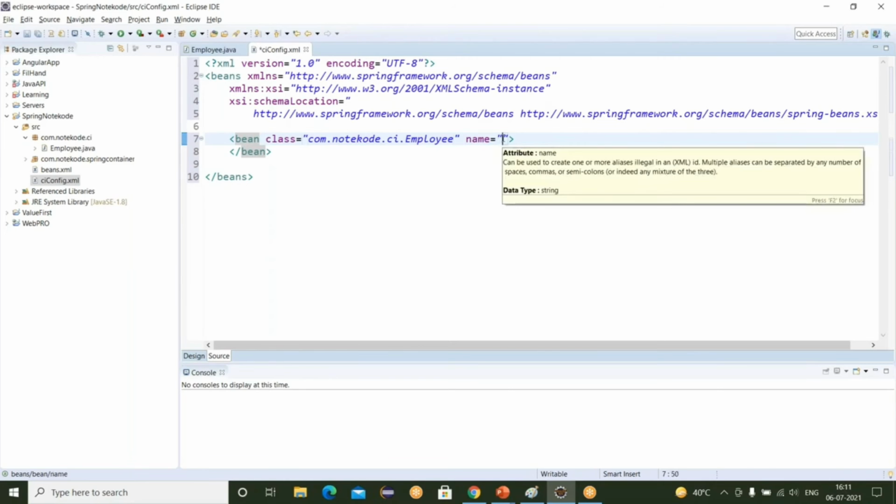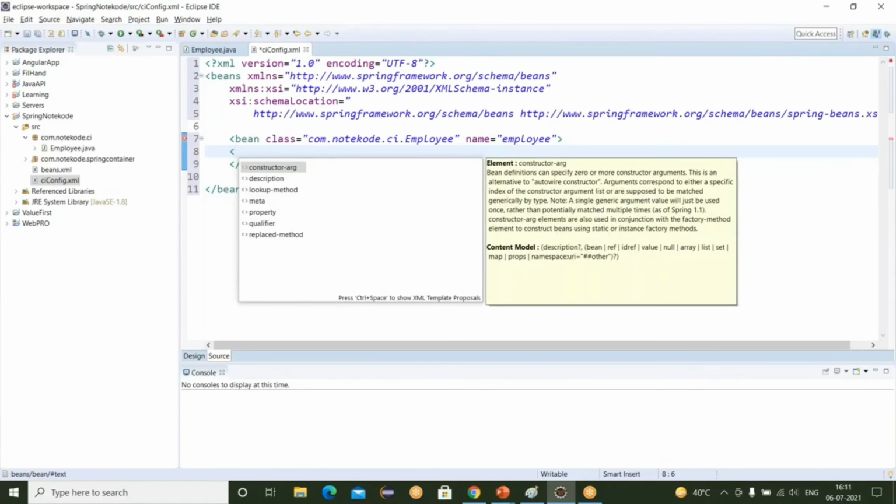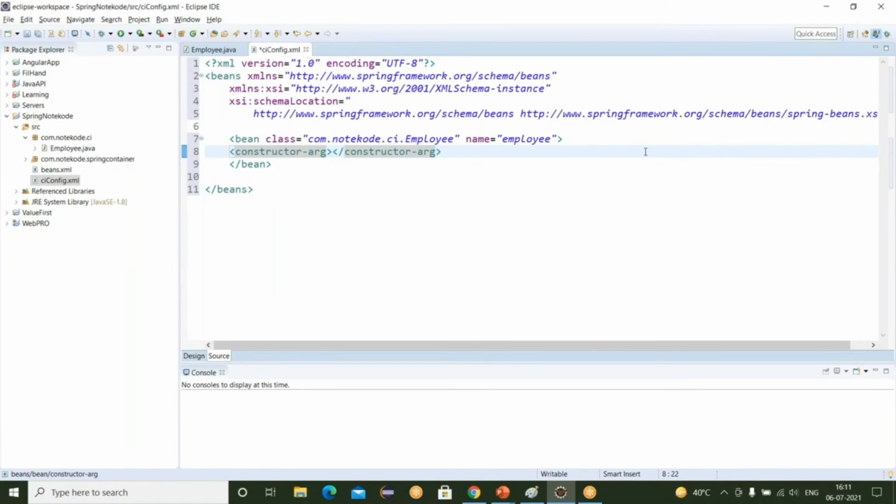And here let's give the name as employee. Okay, inside this, for constructor injection we have to use the constructor-arg element for the argumented constructor's value. For passing the argumented constructor value, here is the constructor.